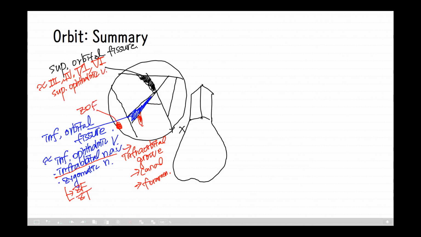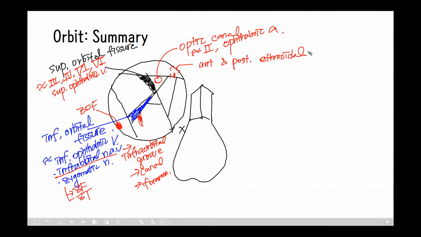and there is a very important canal here. This is optic canal accommodating the optic nerve and ophthalmic artery, and there are two foramina, anterior and posterior ethmoidal foramen. Okay,